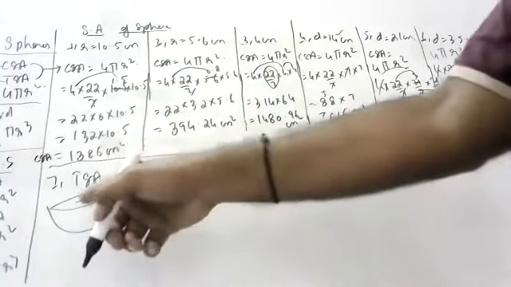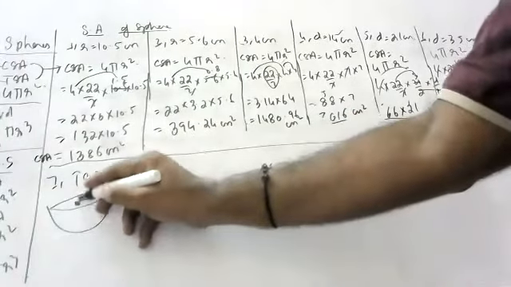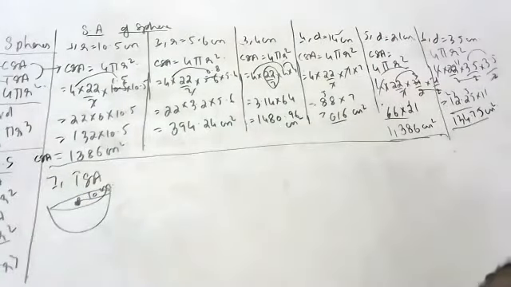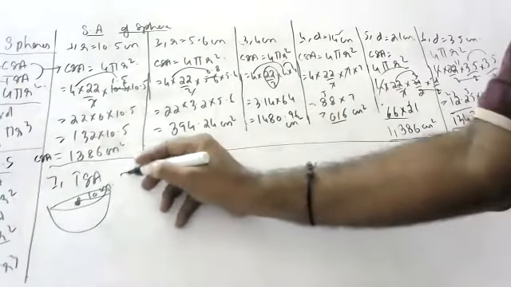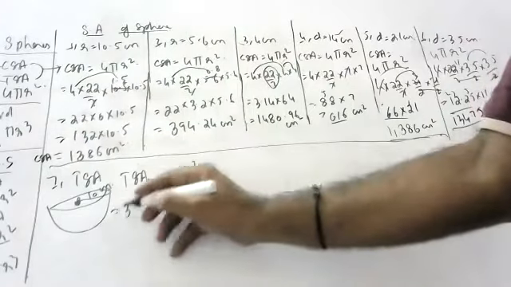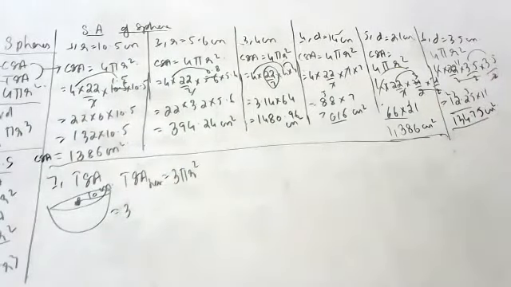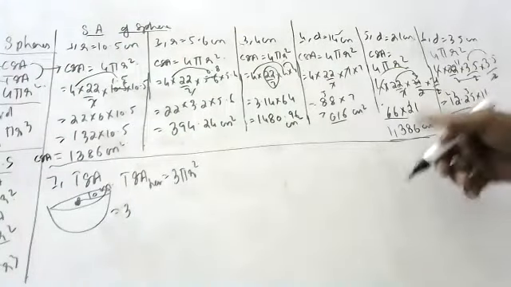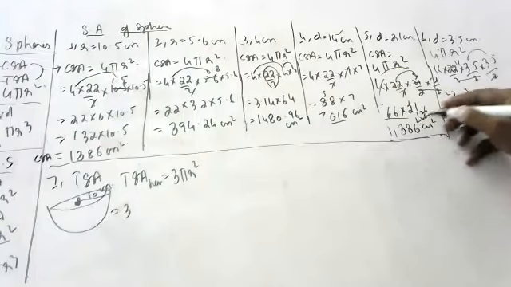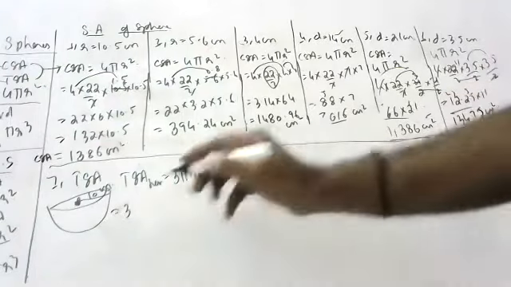Okay, now you tell me the TSA of hemisphere formula. TSA of hemisphere. How much? 3 pi r square. Sir, the sixth answer is 3850. No, not possible. I did it correctly. Okay, it's 3.5. I wrote it as 35. Sorry, sir. That's because I did the calculation wrong. This also, I think, is wrong, what you did there. 6 6s are 36... Okay, well, this is correct, what you did.